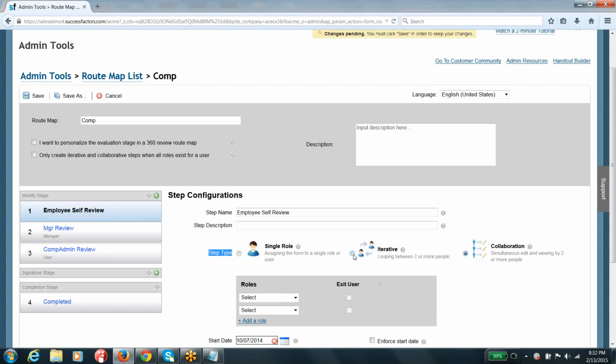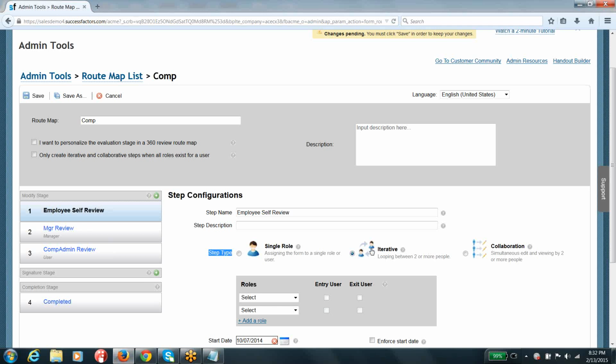At a high level, iterative and collaboration are the kind of step types which will help a group of people work on a single form, guys. Whether they are working simultaneously or one after the other, that's secondary, but it will allow a group of people to work on the form.